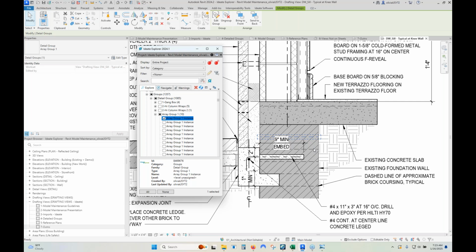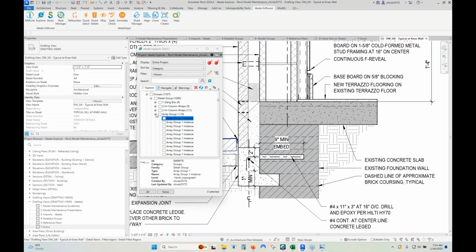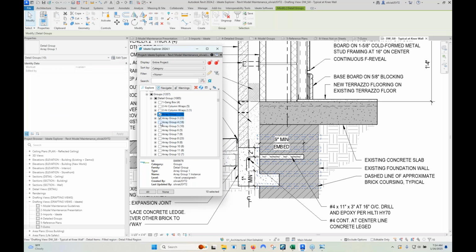So already I can see that we have a set of grouped lines. I'm guessing that the user didn't mean to group these lines together, right? But this is a really easy thing to get rid of. In most cases, I have no problem checking on multiple array groups and just ungrouping them in the model. So this can be a really quick and easy way to get rid of